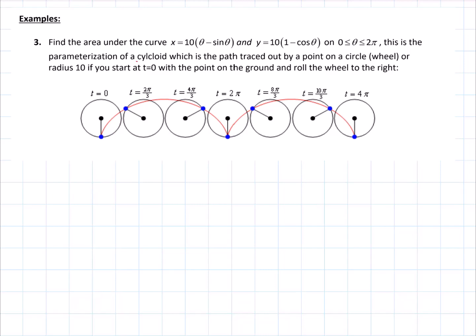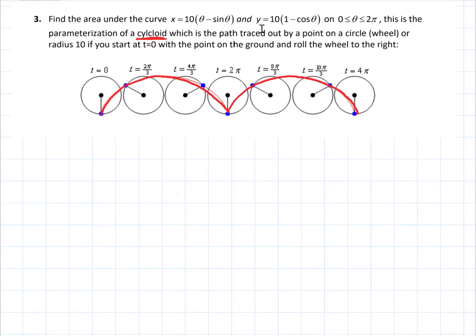A cycloid is the pathway that is traced out by a point. Here's a little image that I grabbed so that you could see what's happening. A cycloid is the path you get if you take a point on a wheel and rotate the wheel. The first curve is from 0 to 2 pi. If the wheel continues to rotate, every time you go through one circumference of the wheel, you get this curve, and it continues on and on. So we're only going to go across the first one, from 0 to 2 pi,